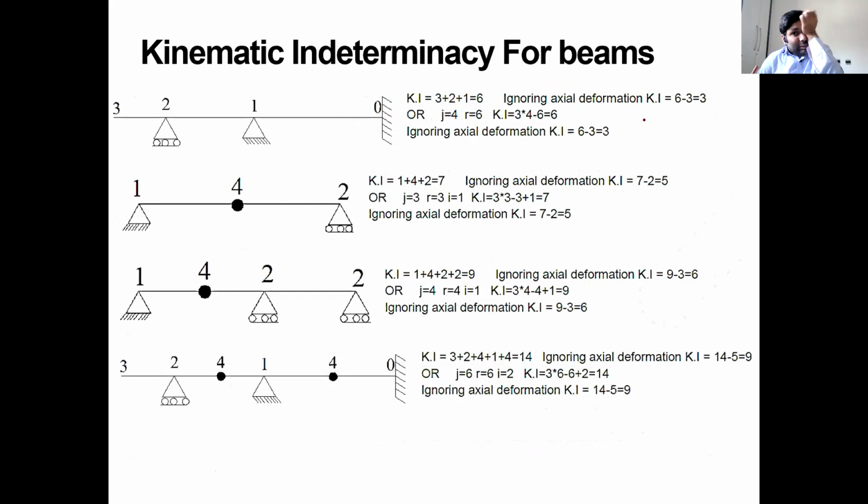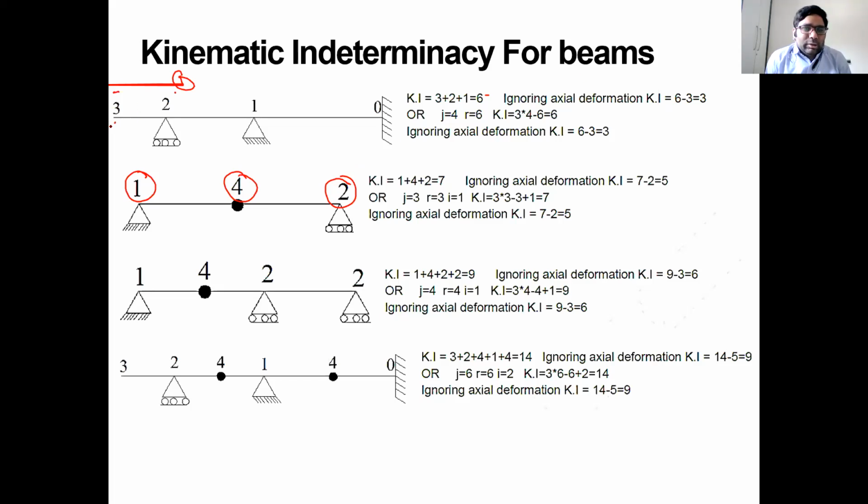Now let us move on to the further problems associated with the internal hinge. So see here, for free end we have 3, 2, 1, total 6. But all of you please listen carefully. This is an important point: neglecting the axial part. So here we have 1 removed. Here also we are trying to remove the axial part. Because we are removing the axial part, we are trying to get this. Next, here hinge we have 1, internal hinge 4, and here also 2.